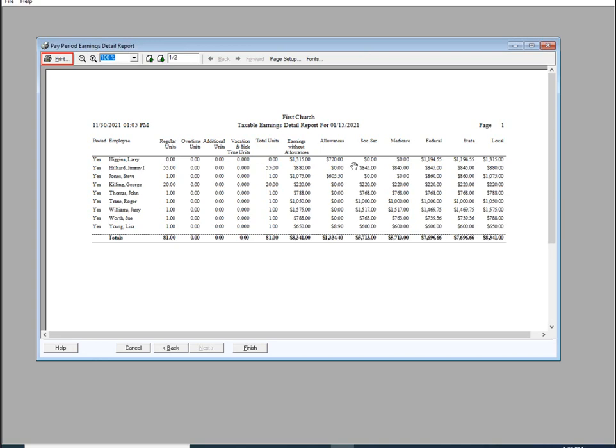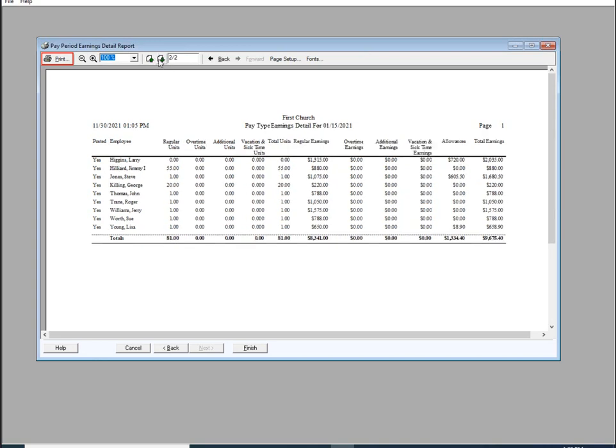So again, the report provides us with some useful information, okay? And the same would be true for Jimmy. So we see here $880 of earnings without allowances. His reported Social Security, Medicare, federal, and state wages look like $35 less than that. Most likely it's a non-taxable, non-reportable deduction, okay? So again, a useful report. When we click on the down arrow, it now takes us to our pay type